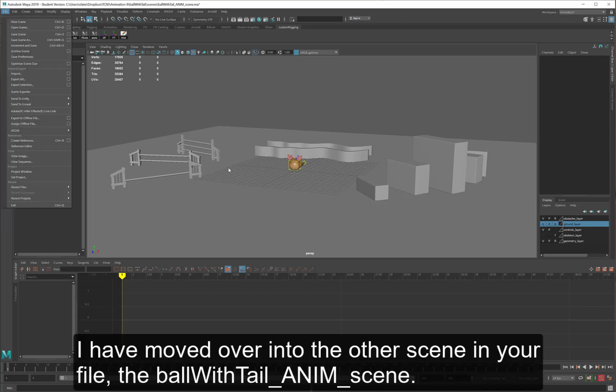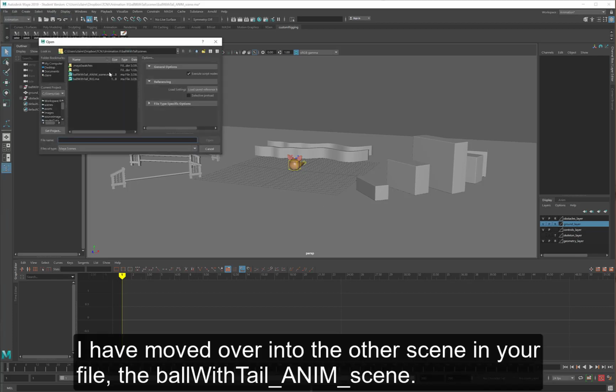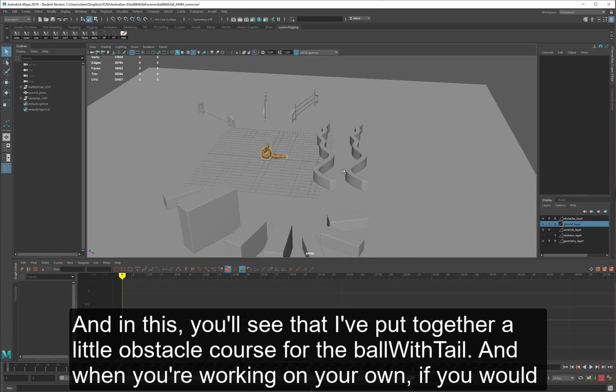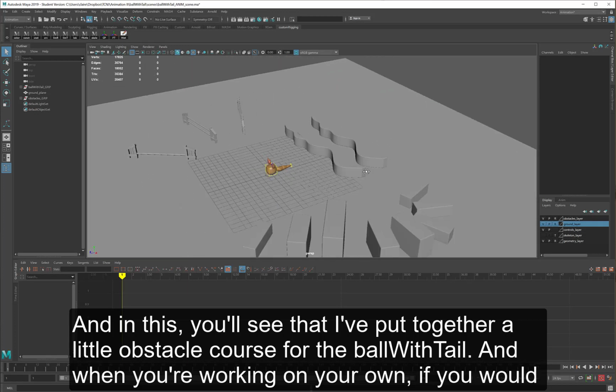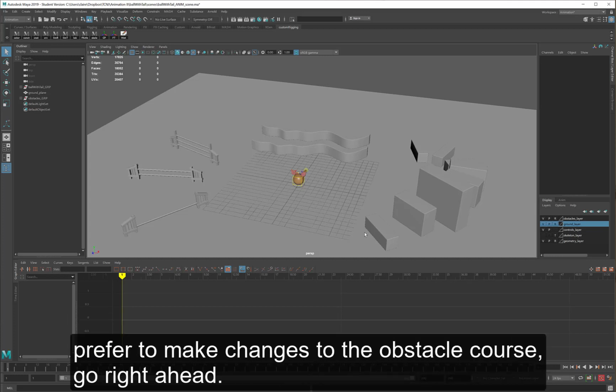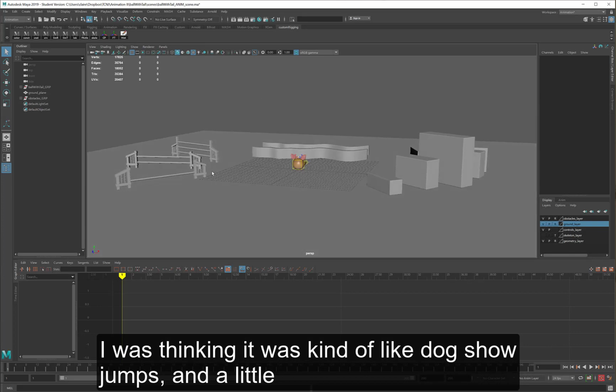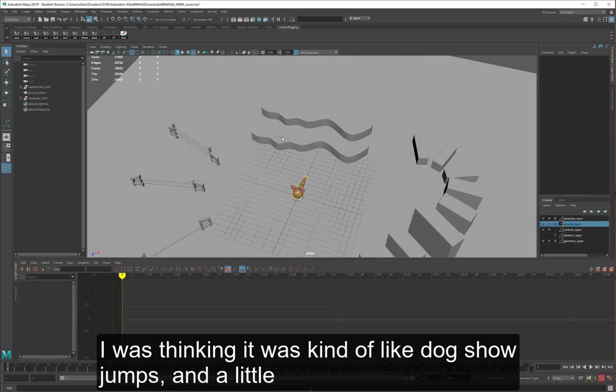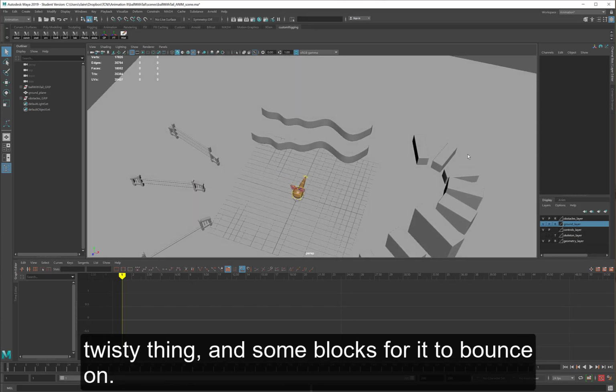I have moved over into the other scene in your file, the ball with tail anim scene. And in this, you'll see that I've put together a little obstacle course for the ball with the tail. And when you're working on your own, if you would prefer to make changes to the obstacle course, go right ahead. I was thinking kind of like dog show jumps and a little twisty thing and some blocks for it